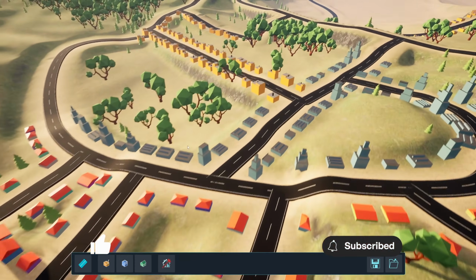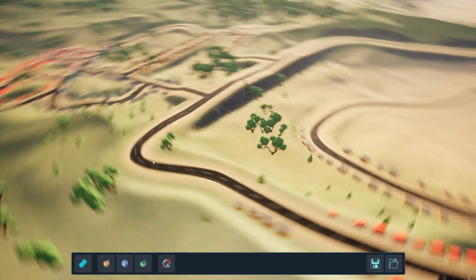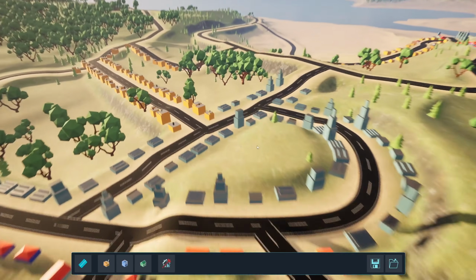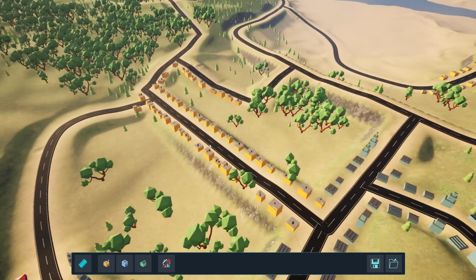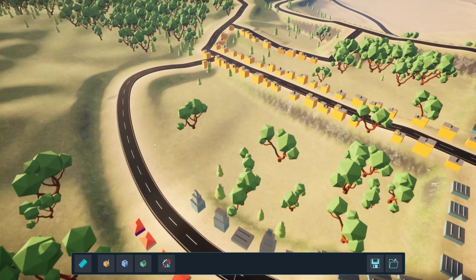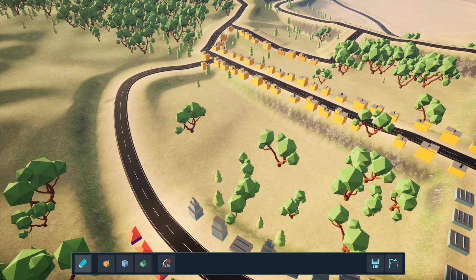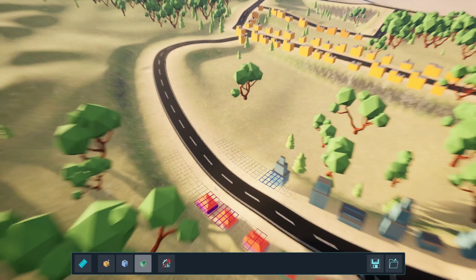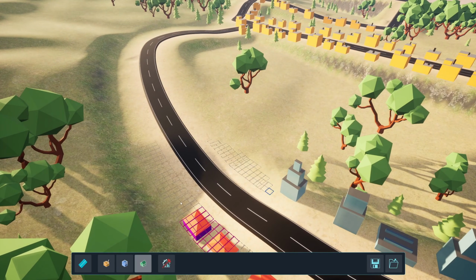So here, this is runtime in game, and here you see these blue buildings represent commercial buildings, this is an industrial zone building, and this is a residential zone. Now you see I have added a simple HUD as well. This is for roads, and this is industrial, commercial, residential. So if I hit this residential zone, once that zoning mode is active, you can see this